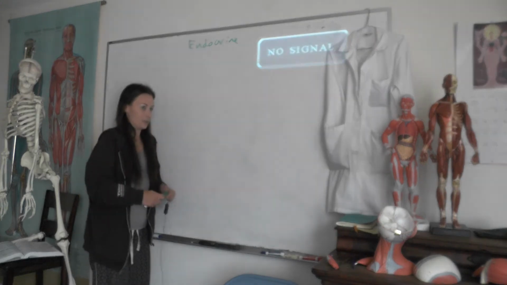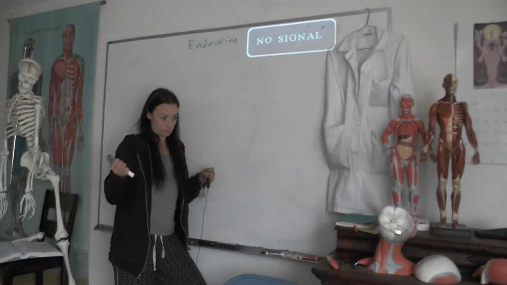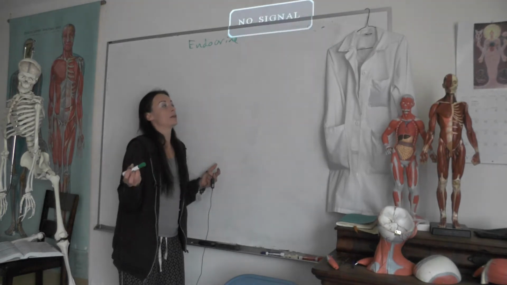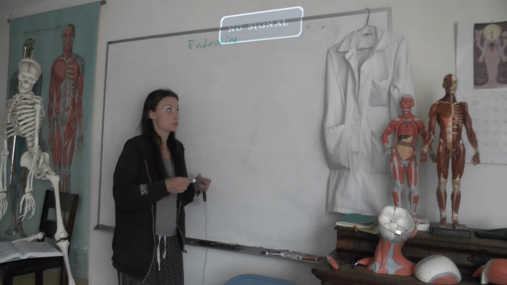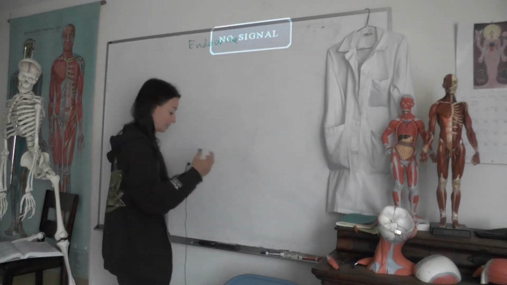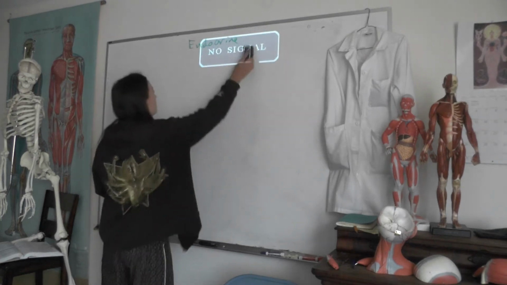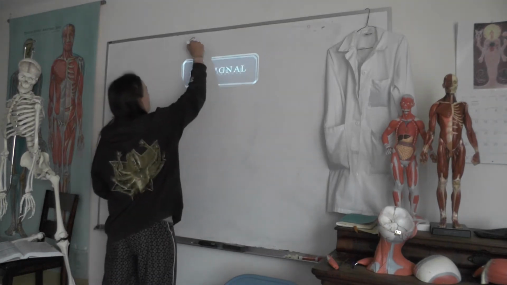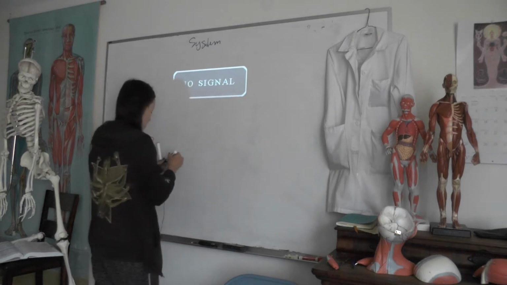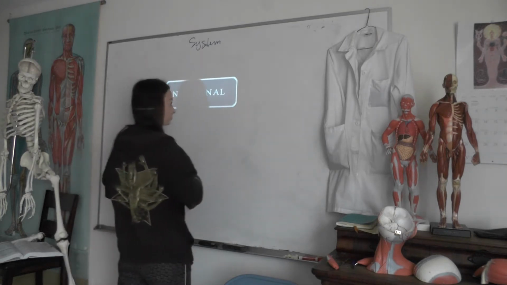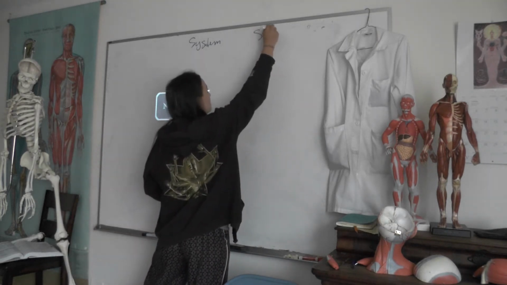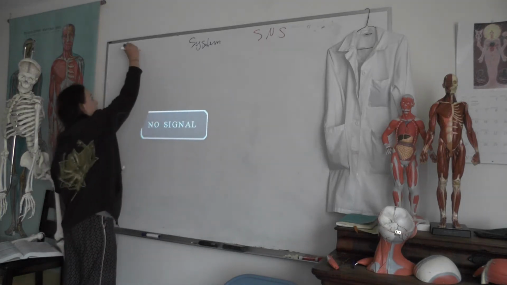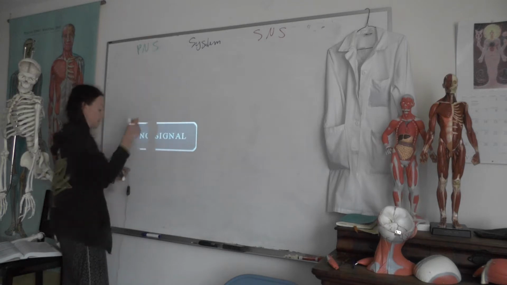So really the only example that we'll talk about for the effect of the autonomic nervous system on the endocrine system is through what the sympathetic division does. And what's that? So let's actually make a little chart here. So here we'll say this is our system from 202, and then we'll think about what our sympathetic nervous system does in that system and what our parasympathetic nervous system does in that system.